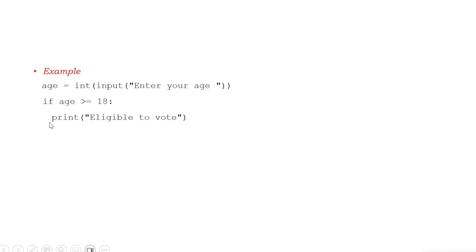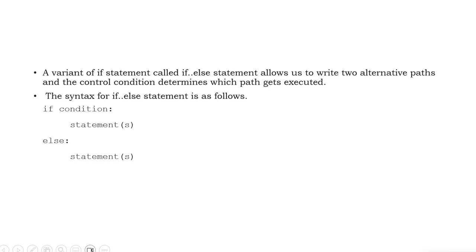Then colon you have to write, and in the next line you will write print eligible to vote. So if the age that you input here is greater than or equal to 18, it will print eligible to vote, otherwise it will not print that thing. Okay, similarly you can go for if else, like if, then the condition you will write, then a statement for if,